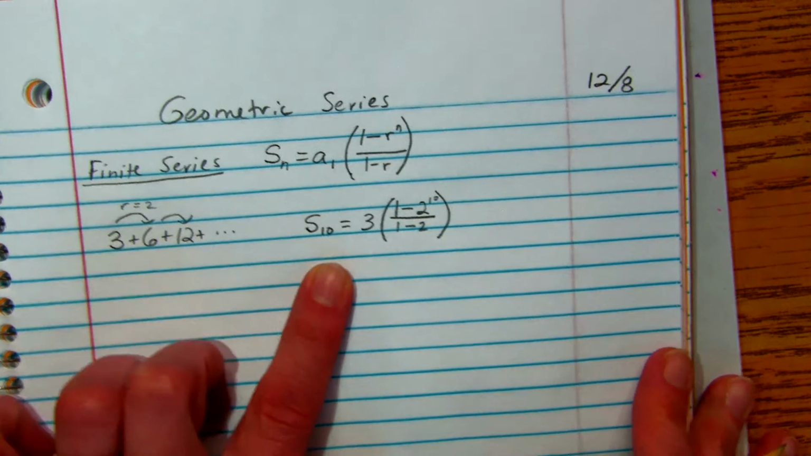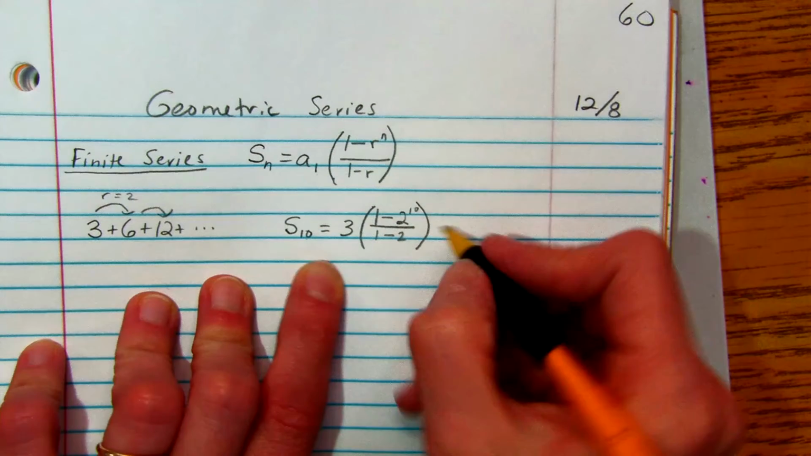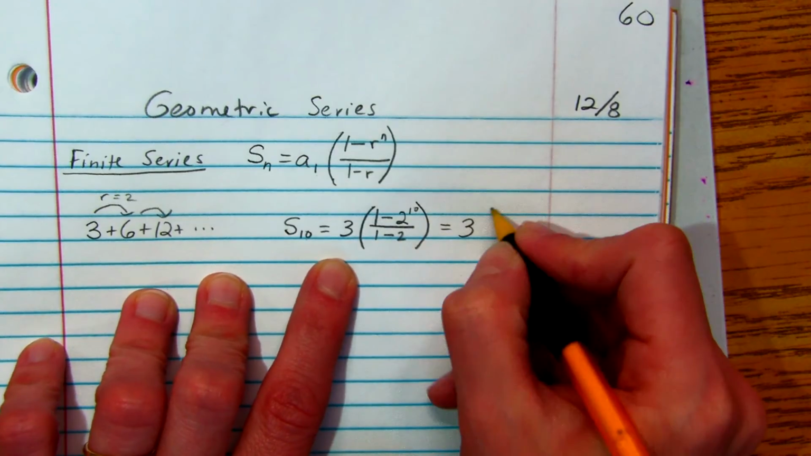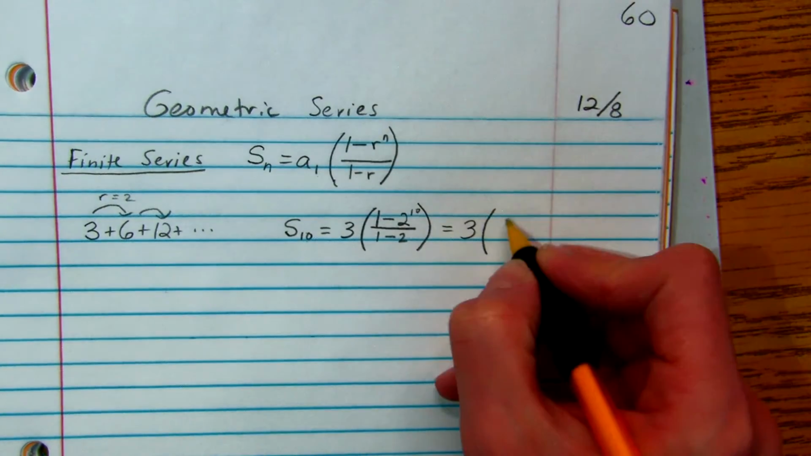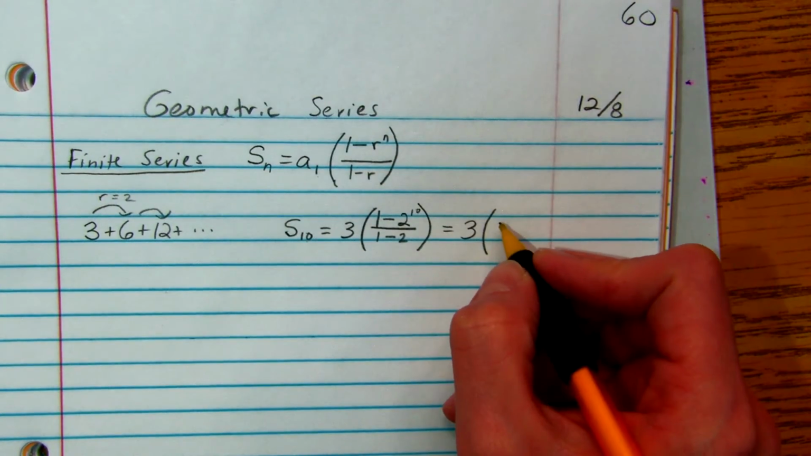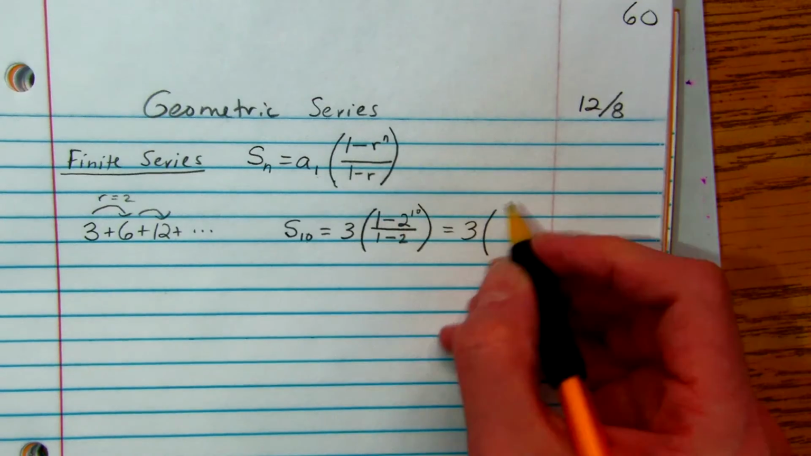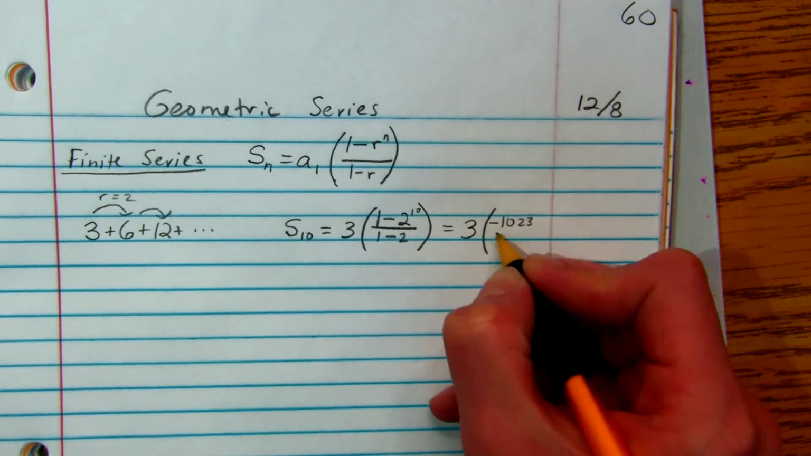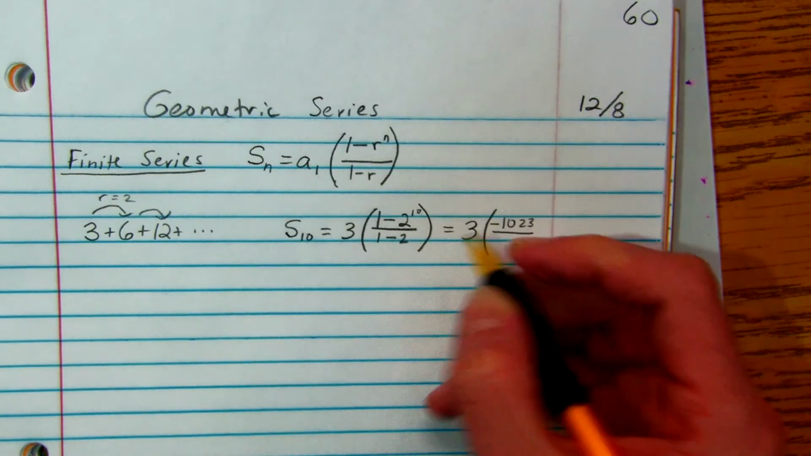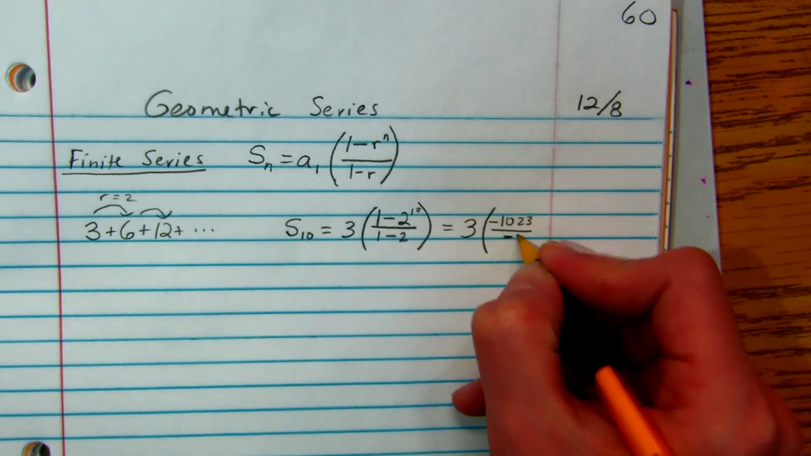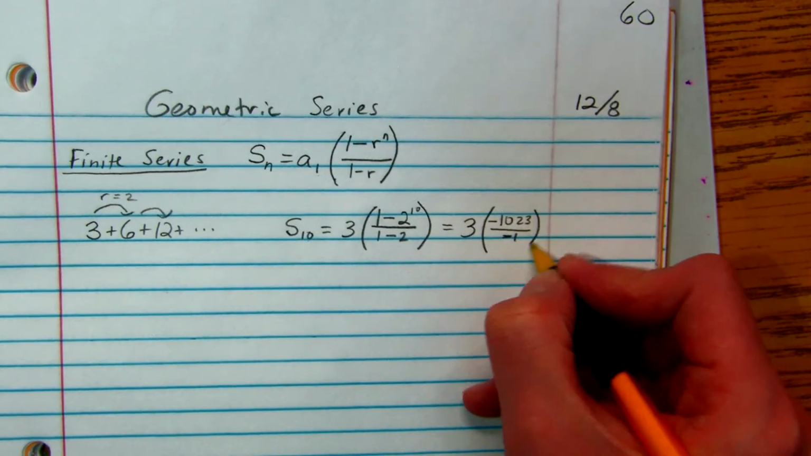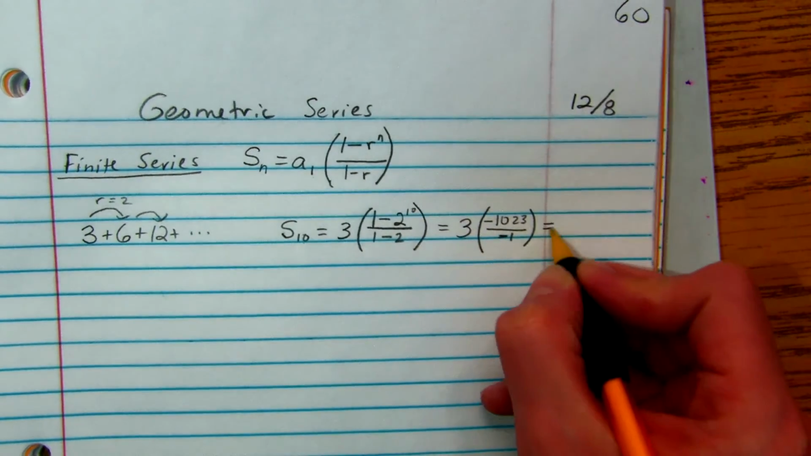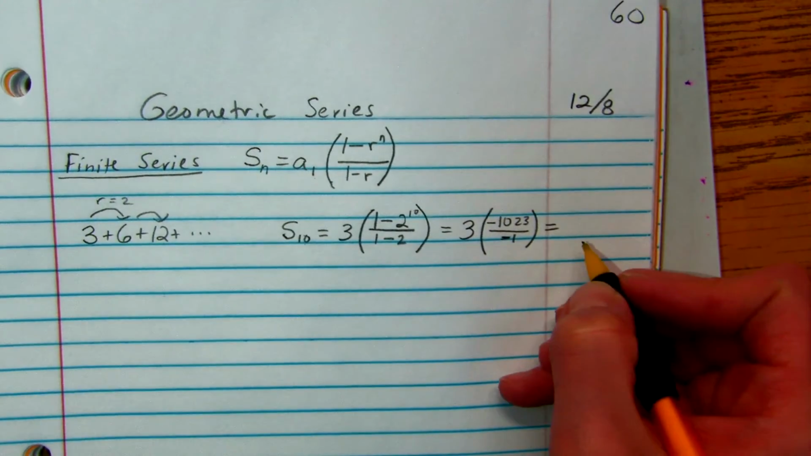So I like to do this in somewhat smaller pieces. I would leave the 3 for a second. I would type in that top number on my calculator, which I have in my notes. So if I do 1 minus 2 to the 10th power, I get negative 1,023. And then if I take 1 minus 2, that's just negative 1. So that's going to cancel out the negative. So really we're just taking 3 times 1,023, and my final answer will be